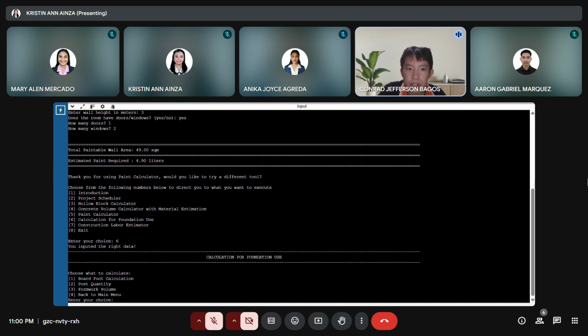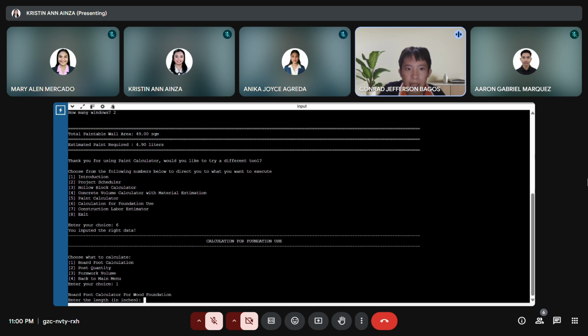So when you enter sub-choice 1, the first tool is the board foot calculator, which computes the total board feet of lumber based on user input. The required inputs are the length, width, thickness, and quantity of the wood, all measured in inches. For example, if you enter 120 inches long,